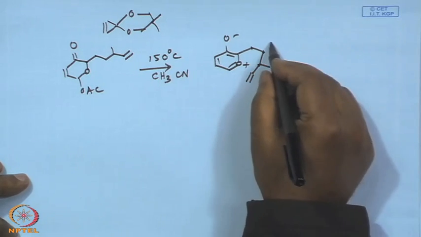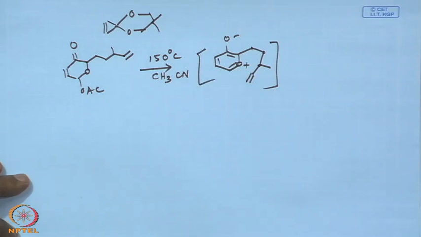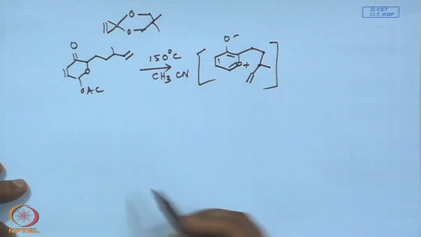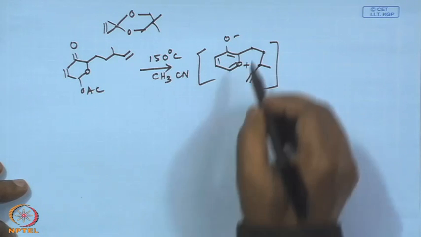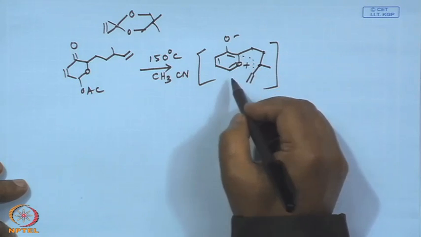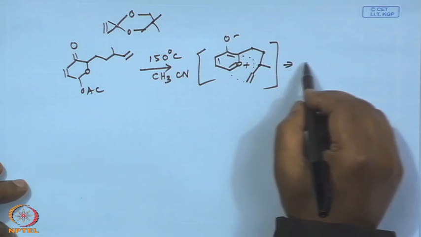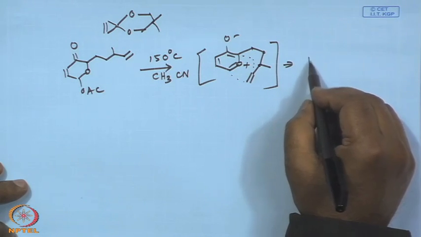This should be the orientation, and again the bond would form across the oxygen. So this one would form here and this one would form here. So essentially what you will get is